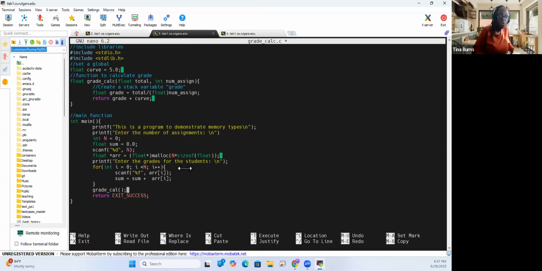And let's go ahead and input. The first thing we get for this one is the total, so we're going to do that as a sum. And the second one is going to be our n, that's going to be our number of variables. And we're going to set this up as float GPA is